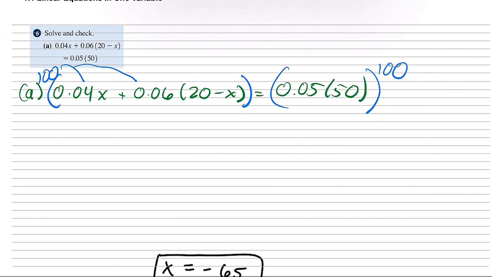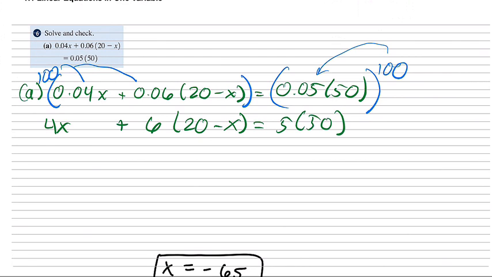So now when we do this operation, so when we say 100 times 0.04, what happens? The decimal moves 2 times to the right, right? So then it turns that 0.04x into 4x plus, it's going to be a 6, and then this stays as 20 minus x. And then the right changes to 5, the 0.05 into a 5. So then that's 5